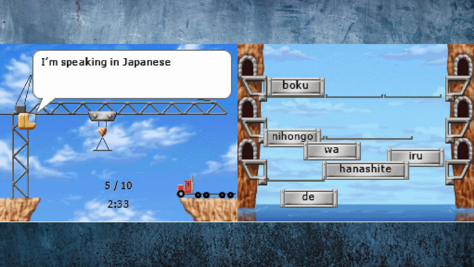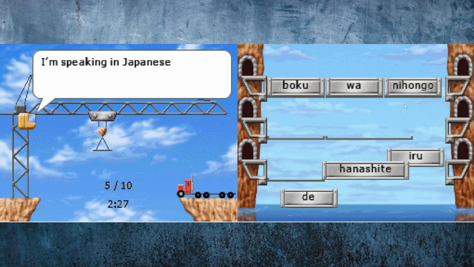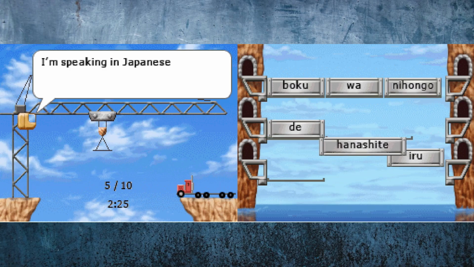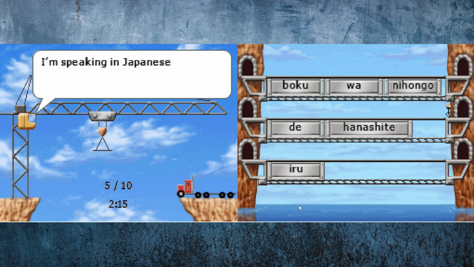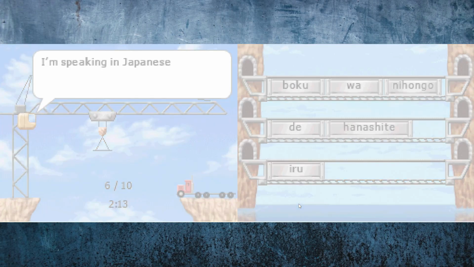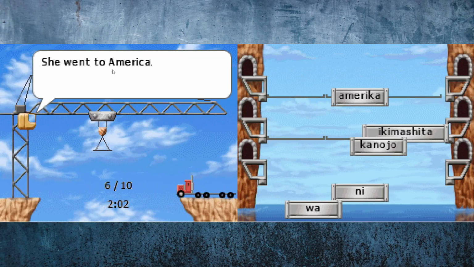Boku means I, but it's male. It's what males use sometimes, so boku wa Nihongo de hanashite iru. You can also say o, but de is more proper, is better to say. 僕は日本語で話している。